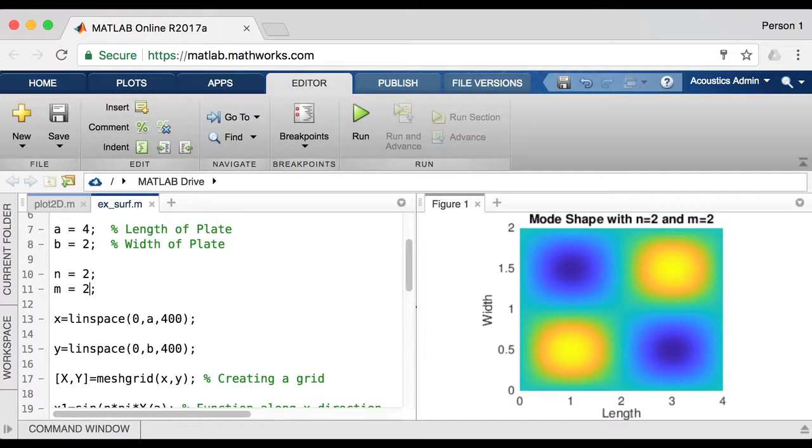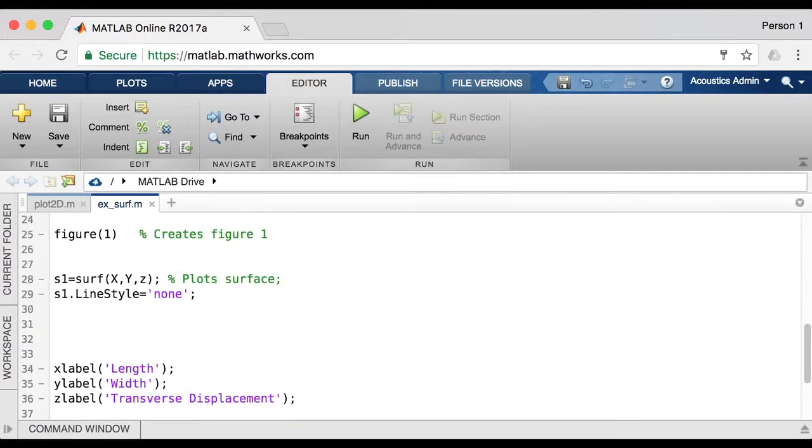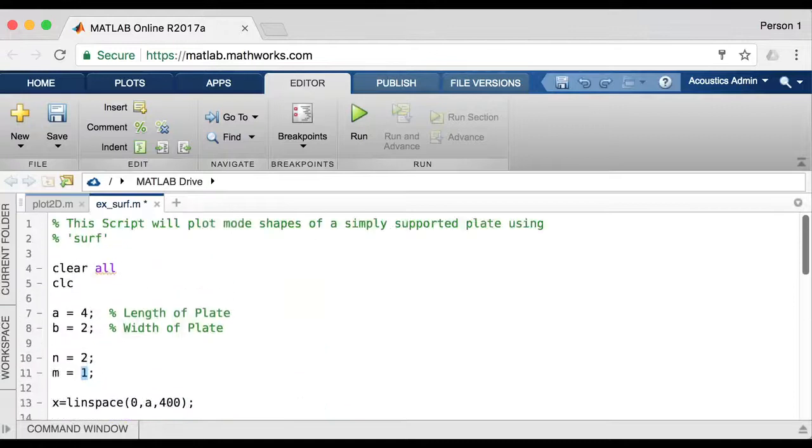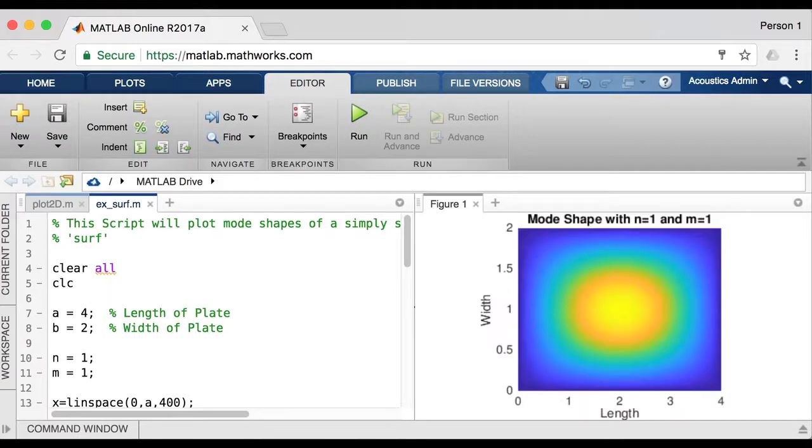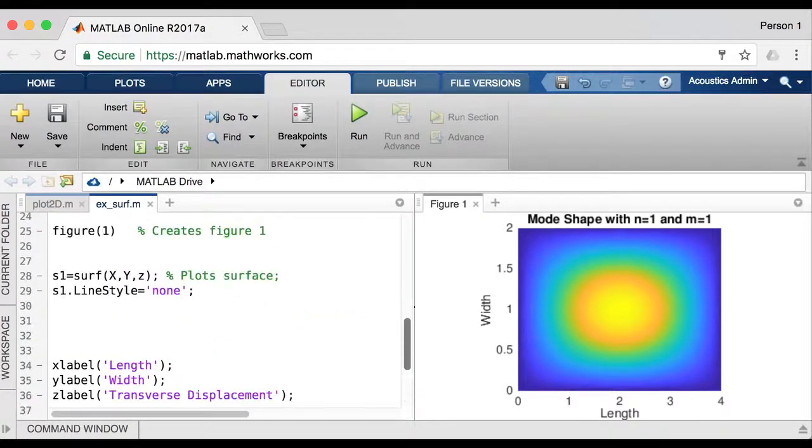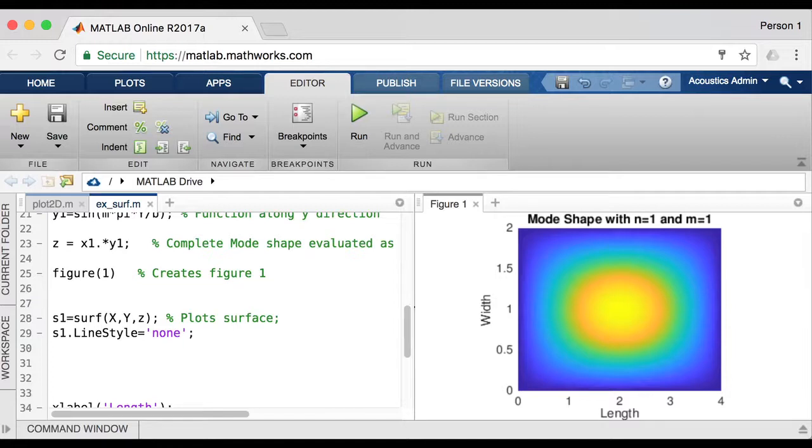Now we will move on to the contour plot. What it does is it plots the locus of points which are at the same value of z, that is, they have the same height from the base. If we look at our 1-1 mode shape, we can observe that certain points can be connected by a curve, and those points are at the same transverse displacement. So in order to see it in the form of lines,